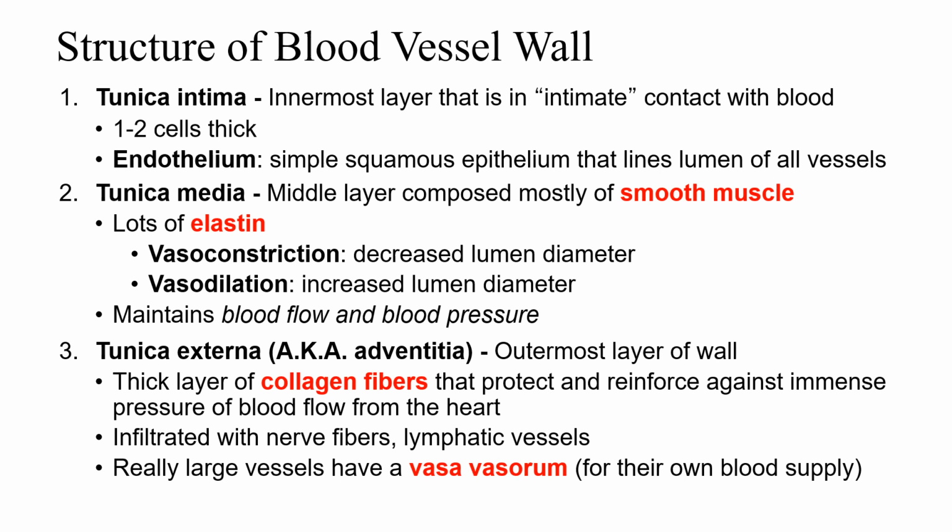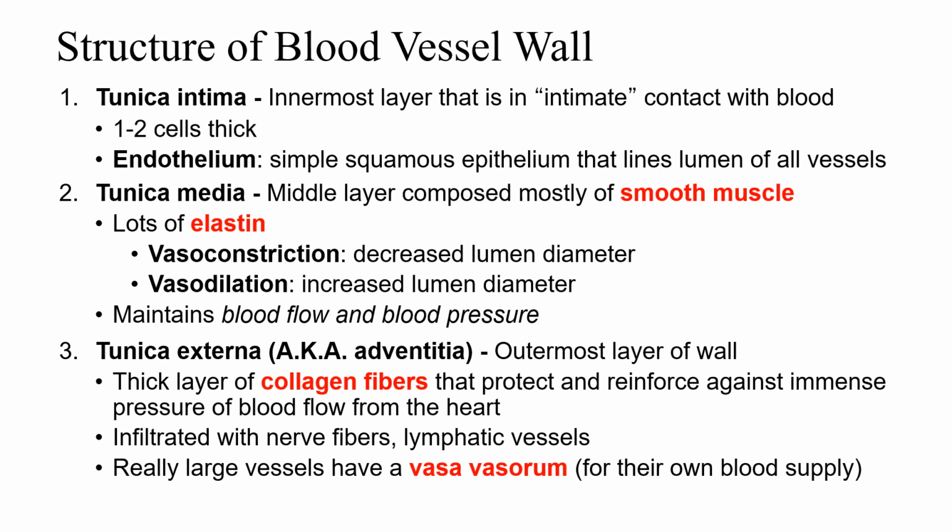And so this gives us vasoconstriction and vasodilation. And by modulating that lumen diameter, what you're actually doing is modulating blood flow and blood pressure. So the third layer then, the tunica externa, also called the adventitia. This is the outermost layer. It has thick collagen fibers, essentially providing protection and support against the blood flow and that immense pressure coming off